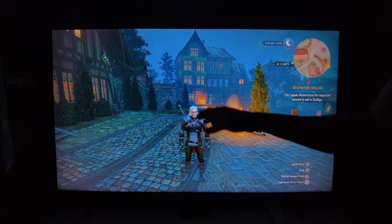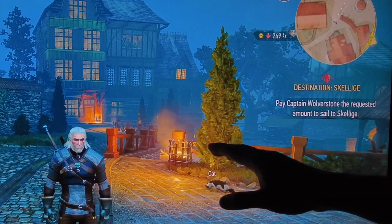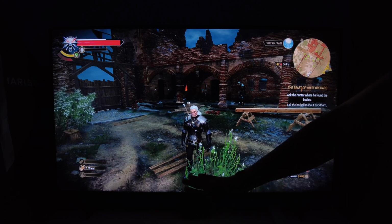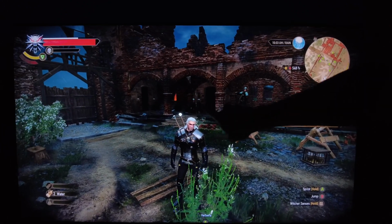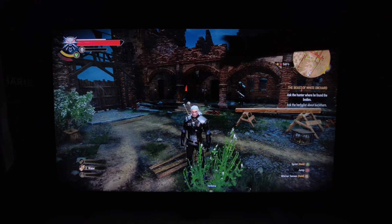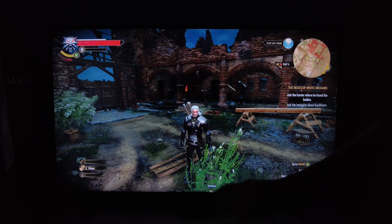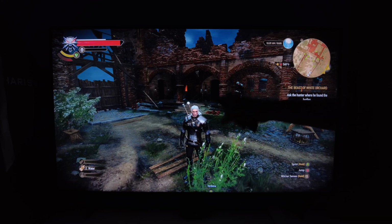So when it comes to this particular game, even the background, this building looks very sharp. The tree here, the small tree, it looks very sharp. The floor, extremely sharp. Let's switch over to your Xbox. The floor looks sharp, but the background, man, you can tell a difference. These characters in the background, you have a sort of aliasing around them. And this section here, it's not as sharp. This part here is blurred, and you can make out when you are at a distance of 1 foot that it's not as good as your PlayStation 4 Pro when it comes to the image quality,